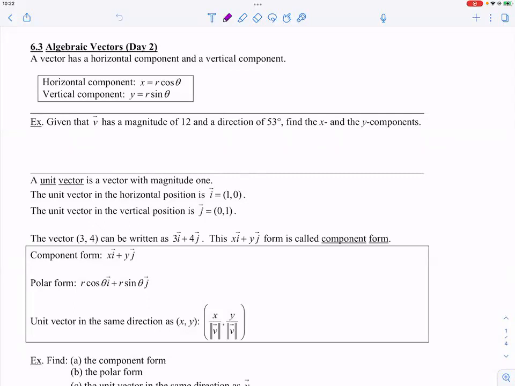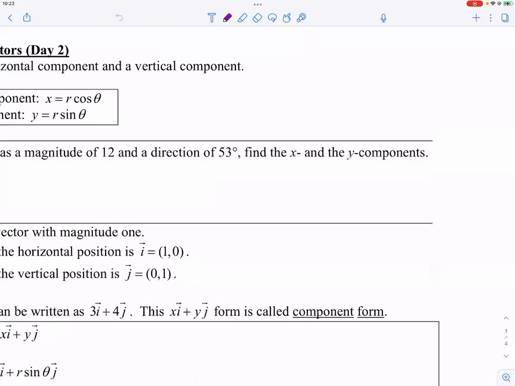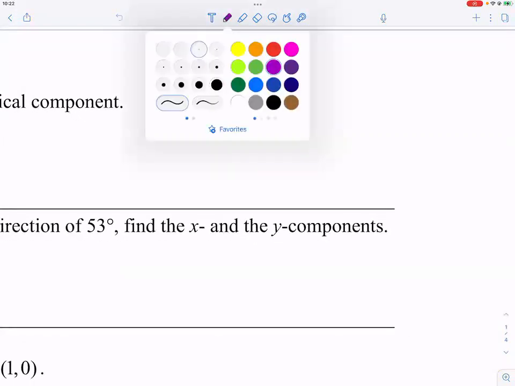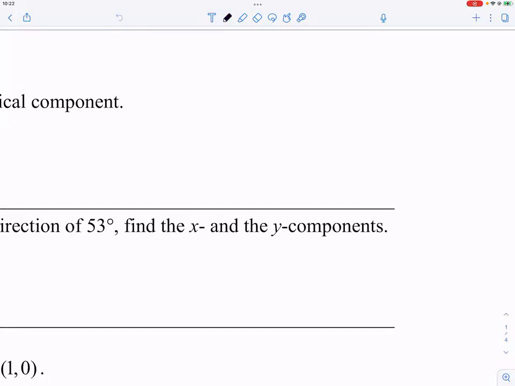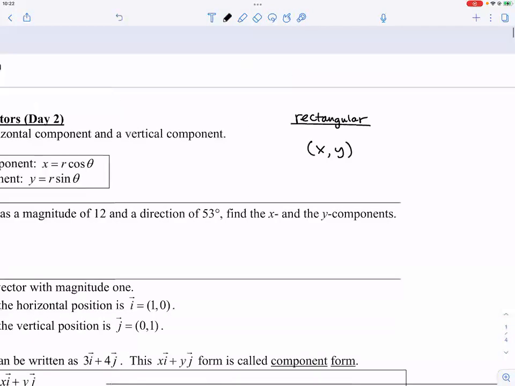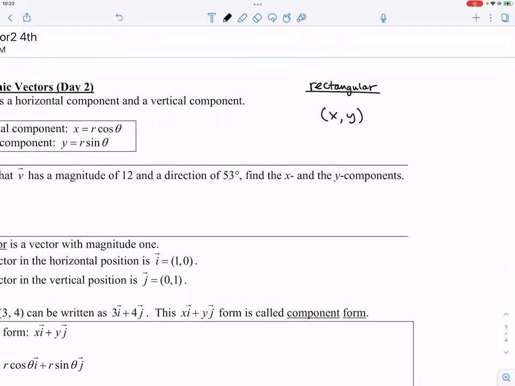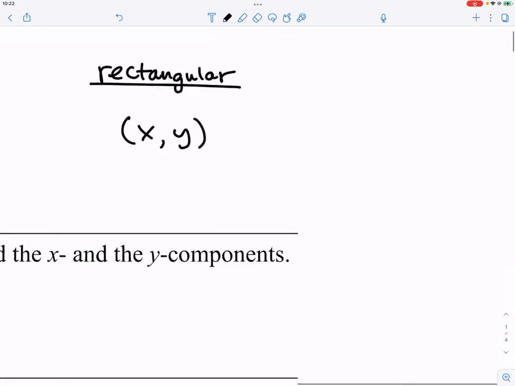Now, so we have done X, Y coordinates forever, okay, and you are getting smarter and smarter as we proceed through these math courses. So now what we have been doing is called a rectangular system, which you will use X comma Y. Okay, I want you to write it down, on the top right hand side, got some blank space right here. And what you're about to see today is that we are going to do something with what we call a polar